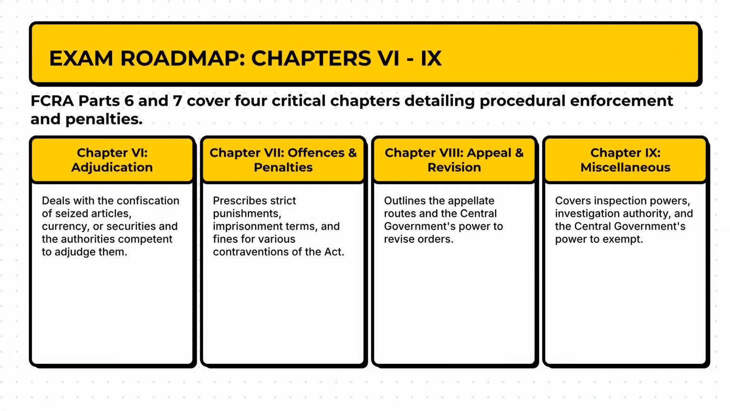This session is divided into 4 important chapters. Chapter 6 deals with adjudication and confiscation of seized articles, currency, and securities. Chapter 7 focuses on offenses and penalties, prescribing punishments for various violations of the Act. Chapter 8 explains appeals and revision mechanisms available to aggrieved persons. Finally, Chapter 9 covers miscellaneous powers, such as inspection, investigation, exemptions, and the extent of applicability of the Act. Together, these chapters form the enforcement framework of the FCRA and are essential for understanding how compliance failures are addressed